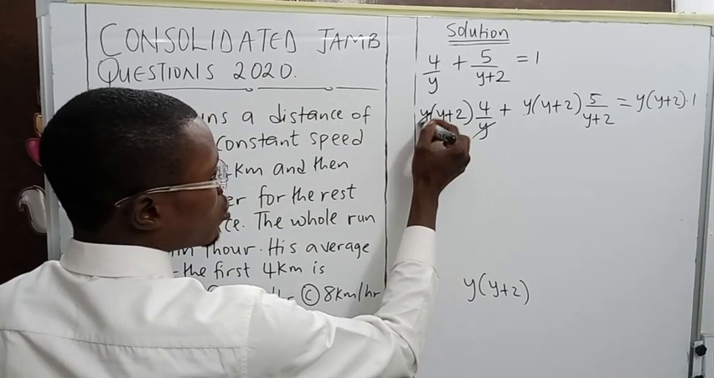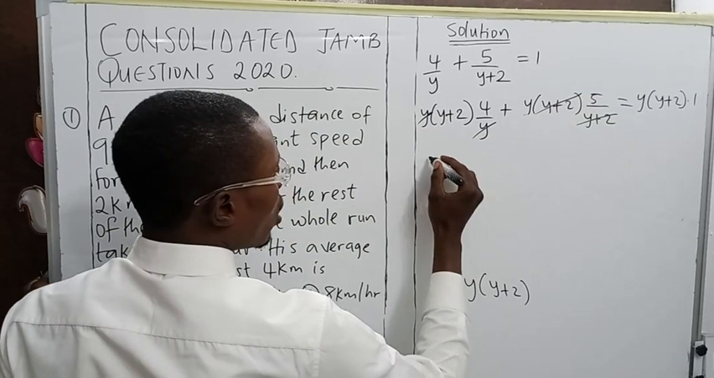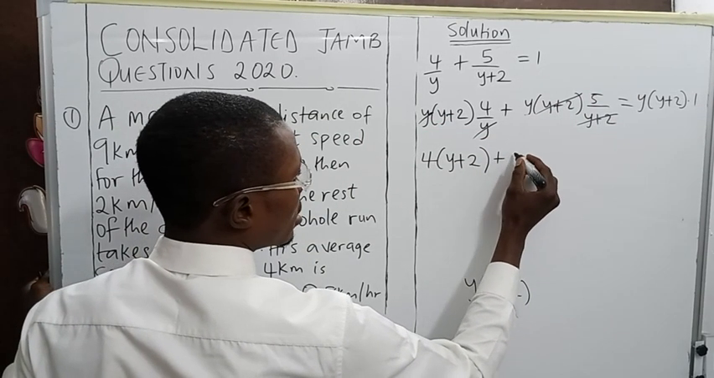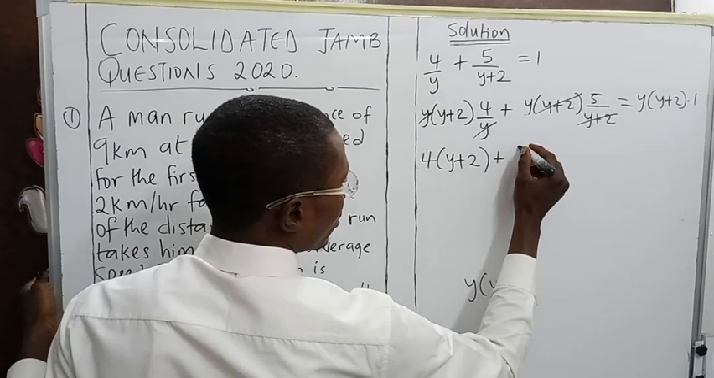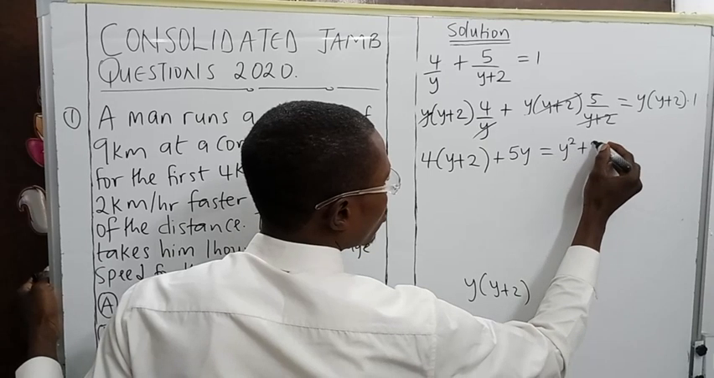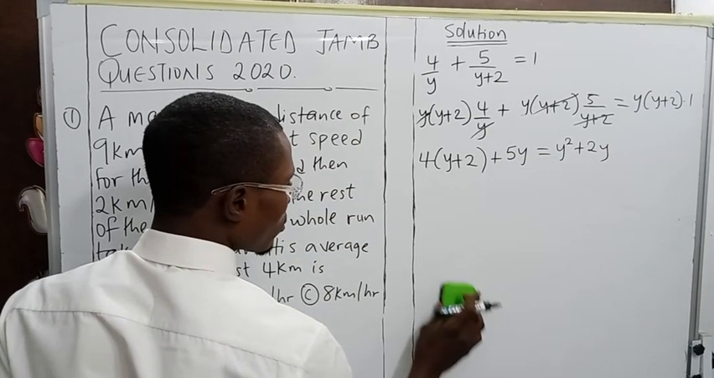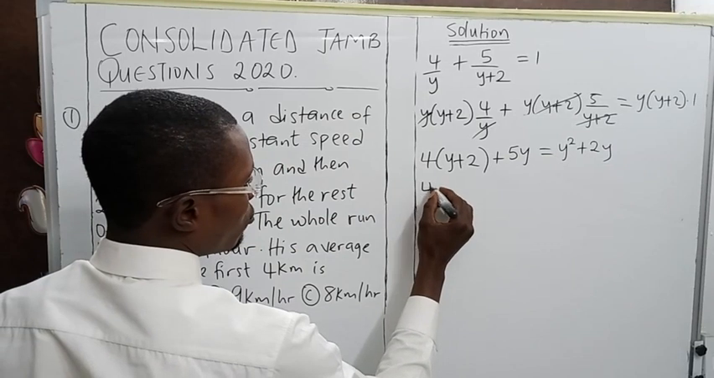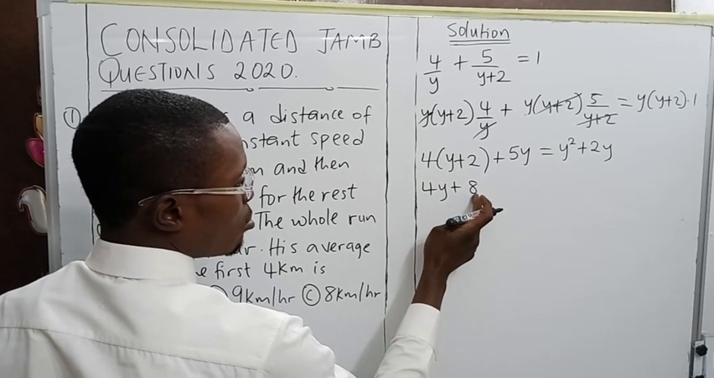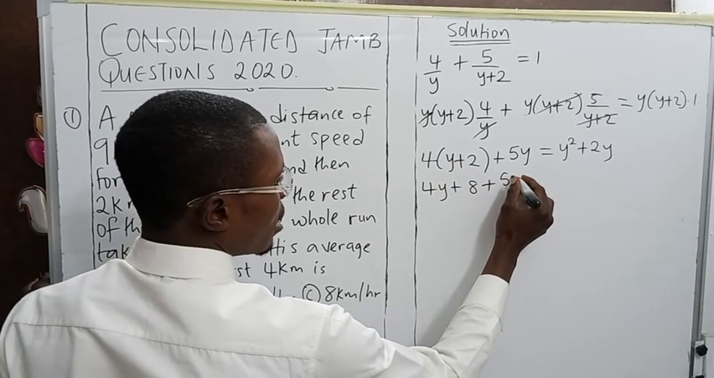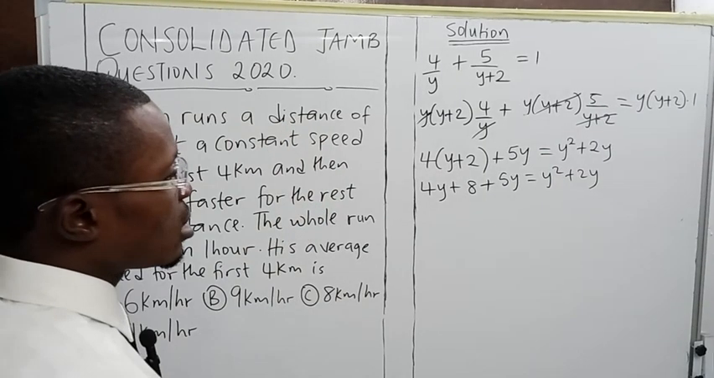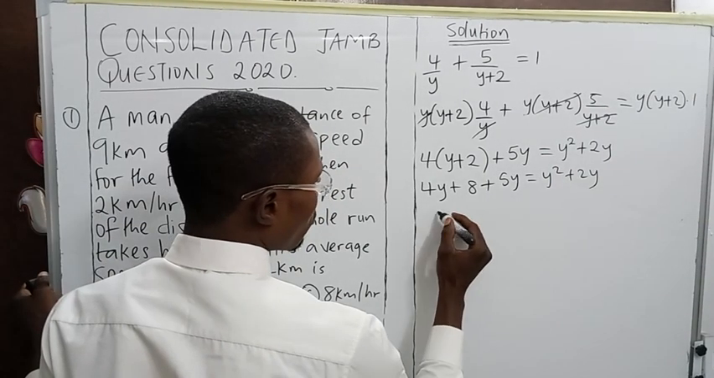Alright, so this y cancels y, and y plus 2 cancels y plus 2. I have 4 into y plus 2, plus 5y equals, I expand this bracket, y squared plus 2y. So what this gives me now is 4y plus 8, that is 4 times y, 4y, 4 times 2, 8, plus 5y equals y squared plus 2y. Alright, if I rearrange, I'm going to have